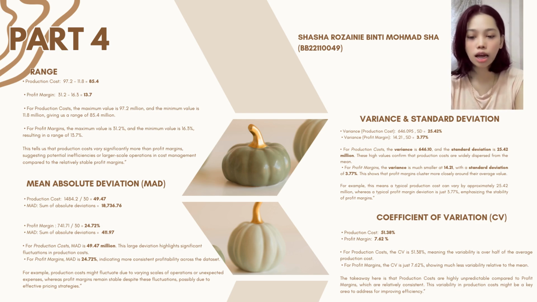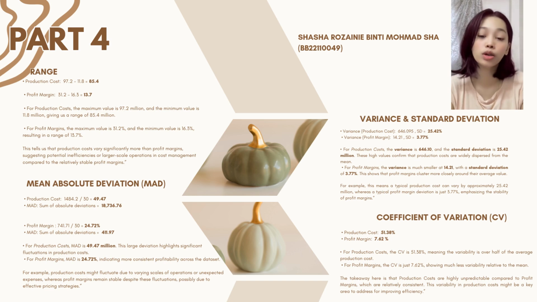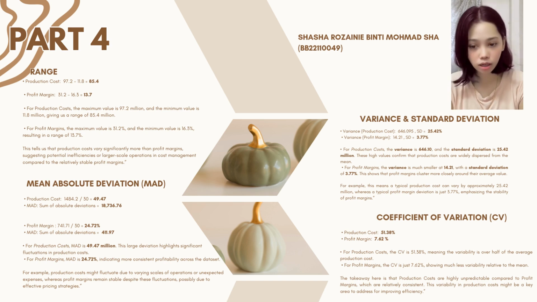This high value confirms that production costs widely differ from the mean. For profit margin, the variance is much smaller at 14.21, with a standard deviation of 3.77%. This shows that profit margin clusters more closely